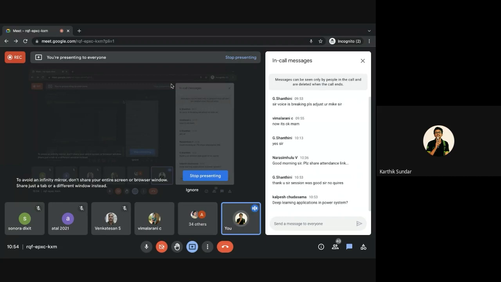That's an advantage of machine learning or deep learning, right? If you have a set of inputs and an output that depends on them, you can model it as a deep learning application and train your model. Since Sir has asked about the power system, I just gave a small example of a power system in a car. If you have torque and temperature as inputs, and you want to predict overload as an output, then you could use deep learning for that particular application.